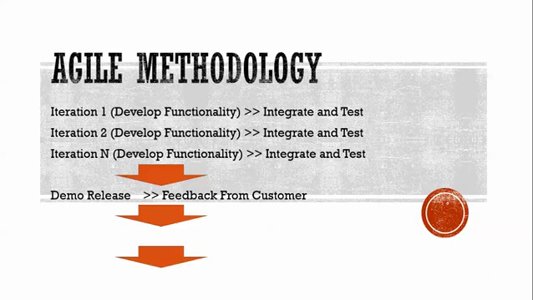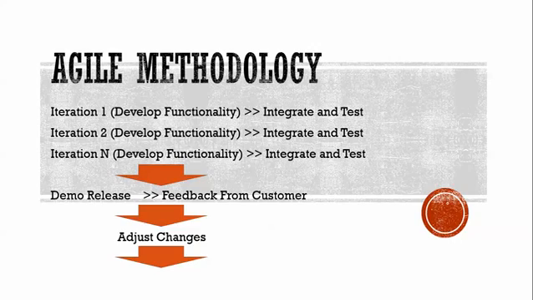The customer provides feedback and says, okay, everything looks good, but the contact us page should be better, there should be a contact form instead of just information. So users should be able to submit their information to the restaurant, or they should be able to book a table through the contact us page, right? So in the demo release, the customer provides the feedback and developers adjust the changes. So a new iteration is added. Developers adjust the changes in, let's say, iteration 10, and testers test the changes and test the integration,